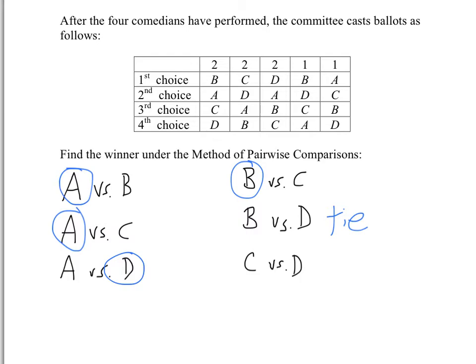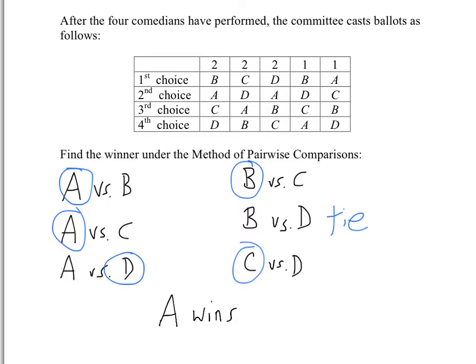and finally, Claire versus Dave. We see that Claire comes out ahead because of 1, 2, 3, 4, 5 ballots on which Claire has the advantage. So Claire is the winner there, and we see that Anne has 2 points and no one else has 2 points. Dave has 1.5, Bob has 1.5, Claire has 1, so we conclude that Anne wins the